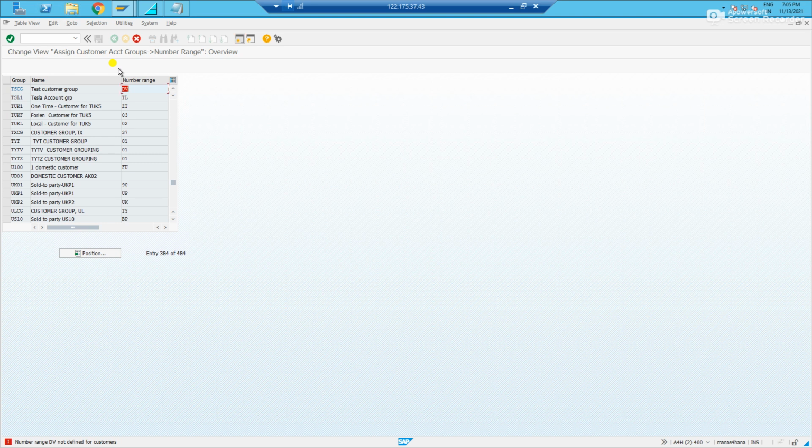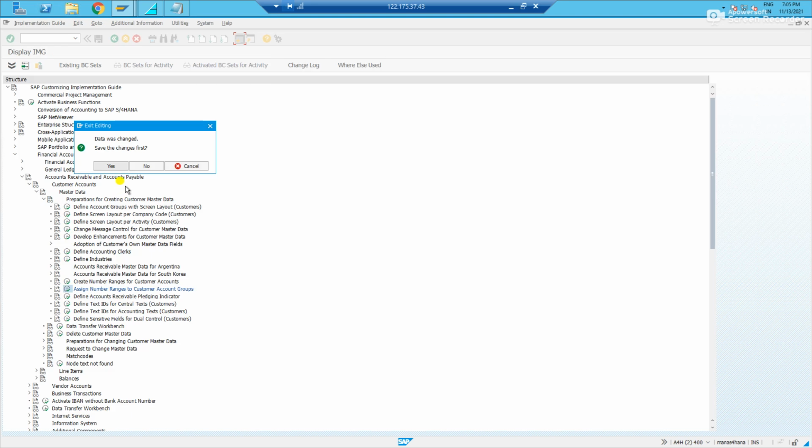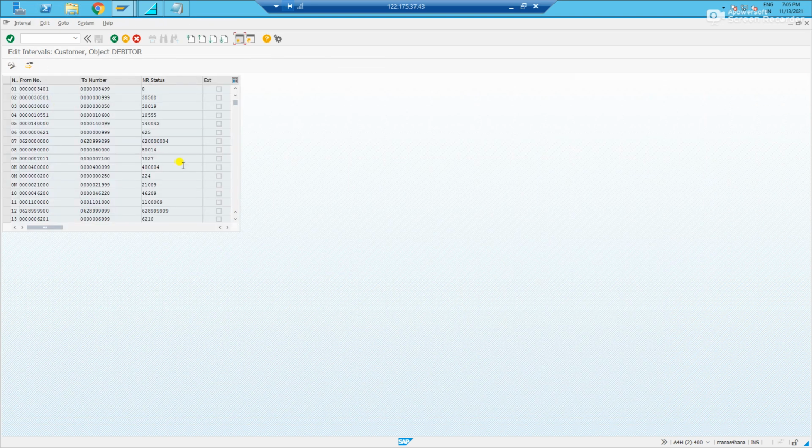Number range DV is not defined here, so let me go to create number range. Whatever I've created here, it will be DZ or something. Let me take any other one which is not external.